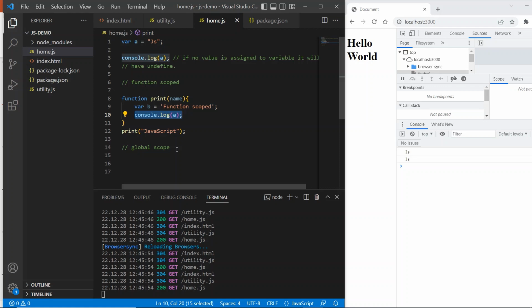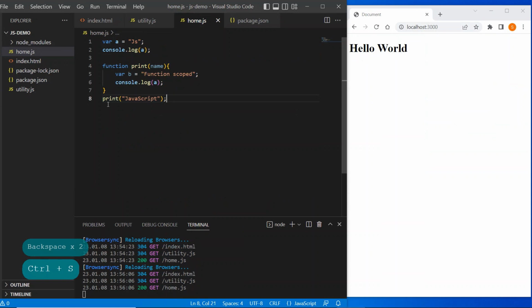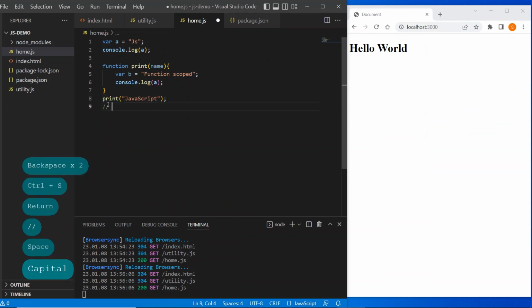And if a variable is created inside a function, the scope of that variable is inside the function only, not outside that function. So variables created using the var keyword are function scoped or globally scoped. Now let's understand what scope means.